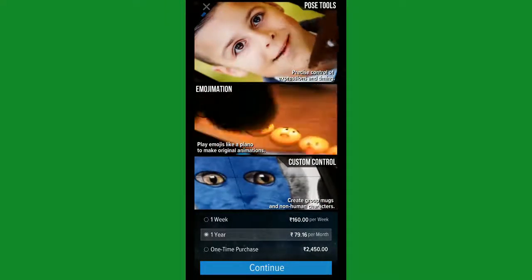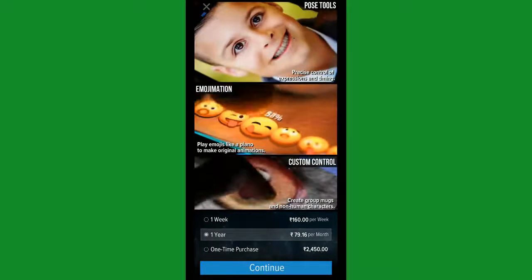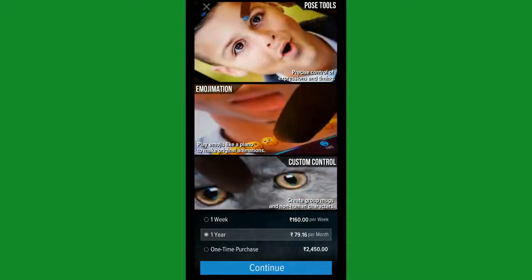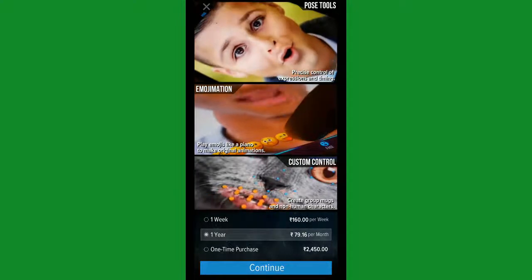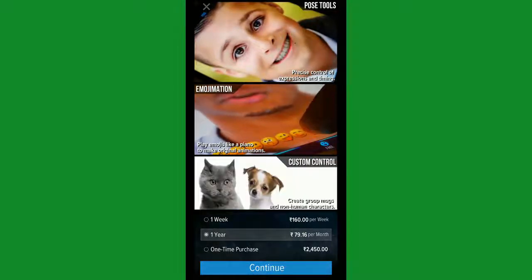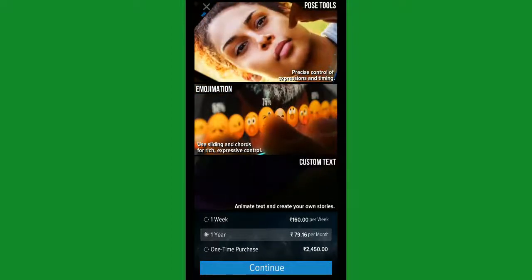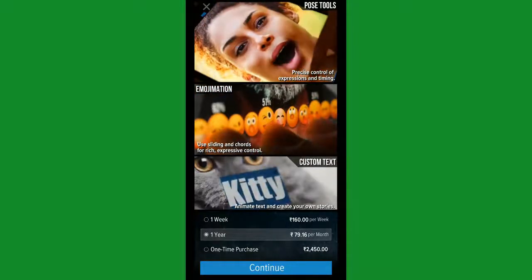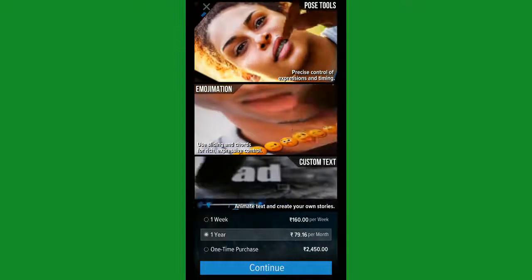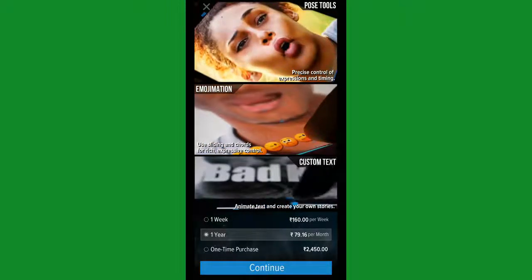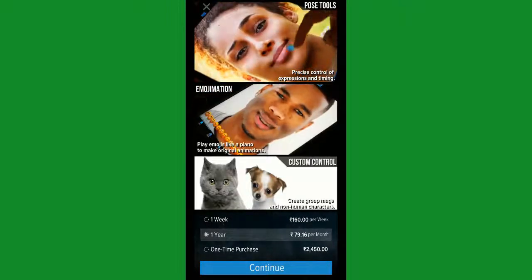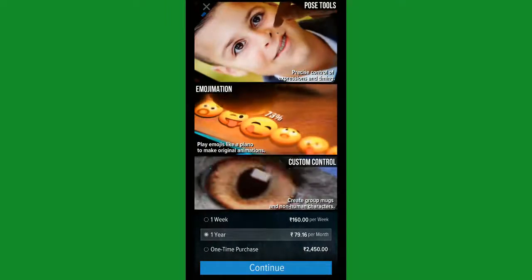In the second image, after taking a static image, just click on the emoji. Whatever expression is on the emoji will be represented in your face or in your taken images. And the third one is you can add text to the created animation.